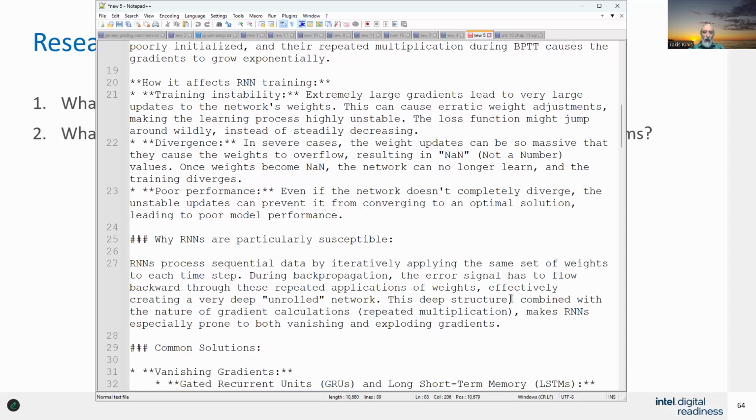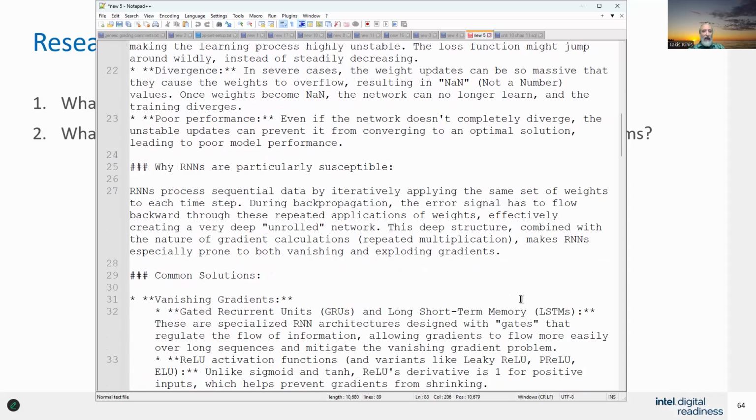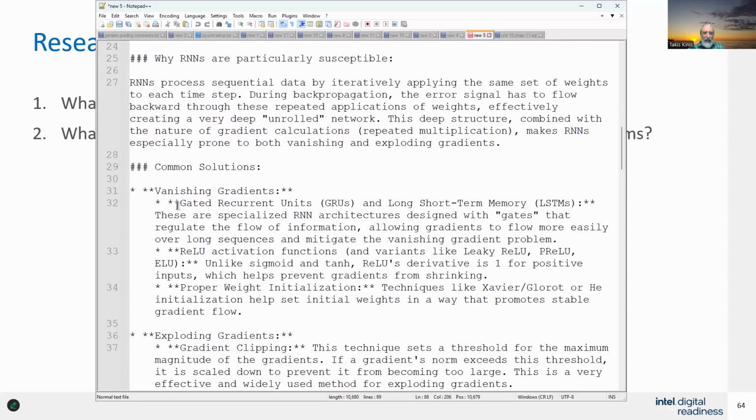And why they're susceptible, because they iterate, basically. And if we're always applying the same set of weights, the problem can compound. Common solutions are gated recurrent units and long short-term memory, right? So we use a different architecture, basically with gates, to control the flow of information. So in other words,